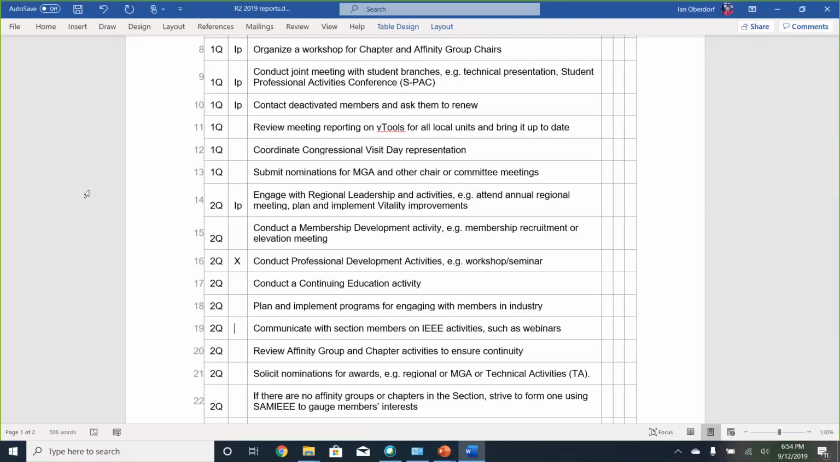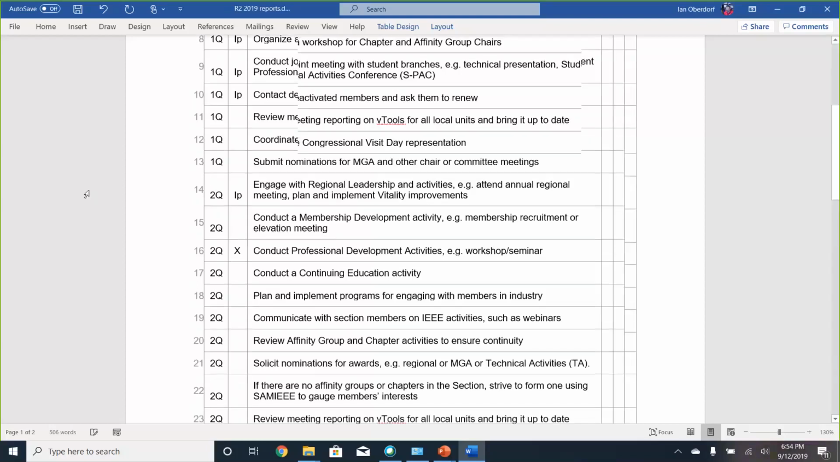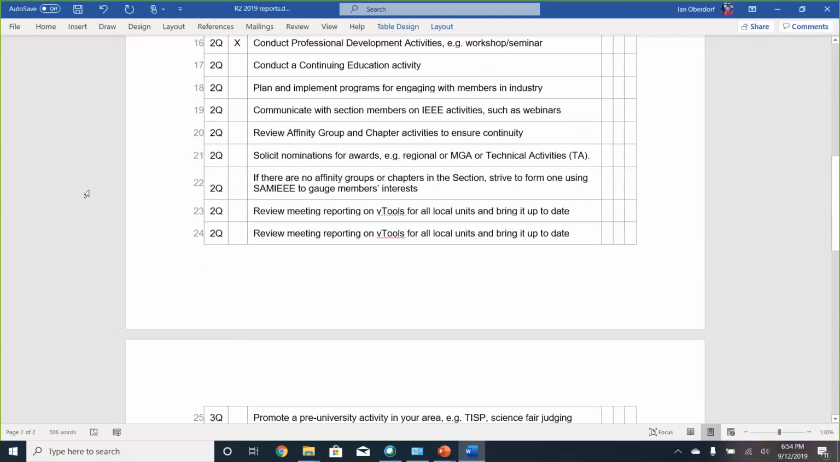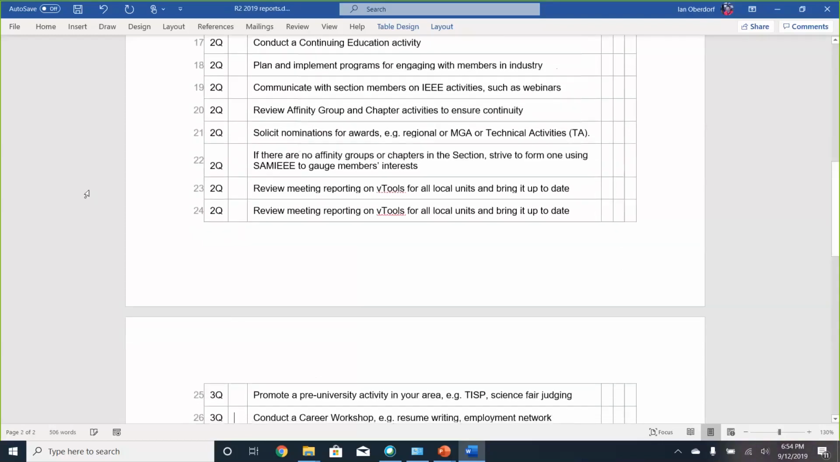And review affinity group and chapter activities to ensure continuity. All of this is part of what we're doing. So I already completed, going all the way down to the last one, review meeting reports on V2 for all local units to bring it up to date. That's all part of the report on the chairs and the different societies. I know that was kind of long, but just letting you know that